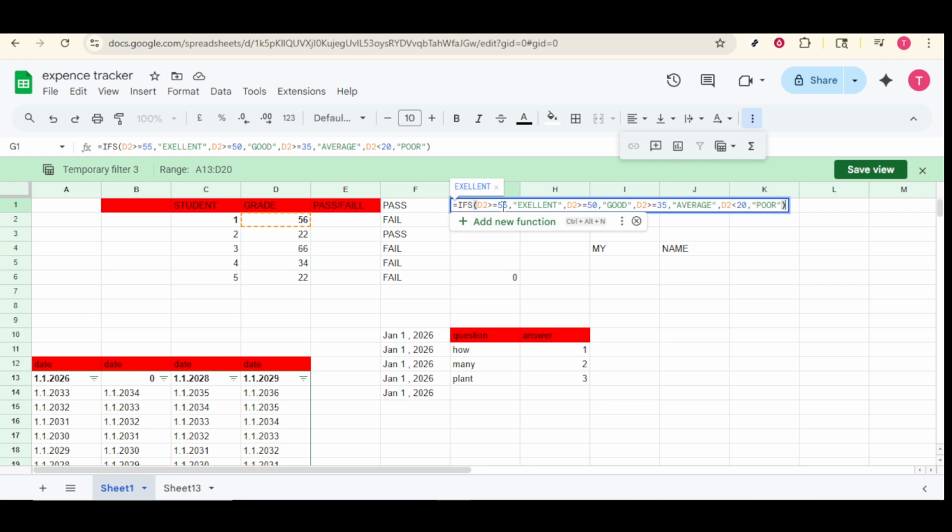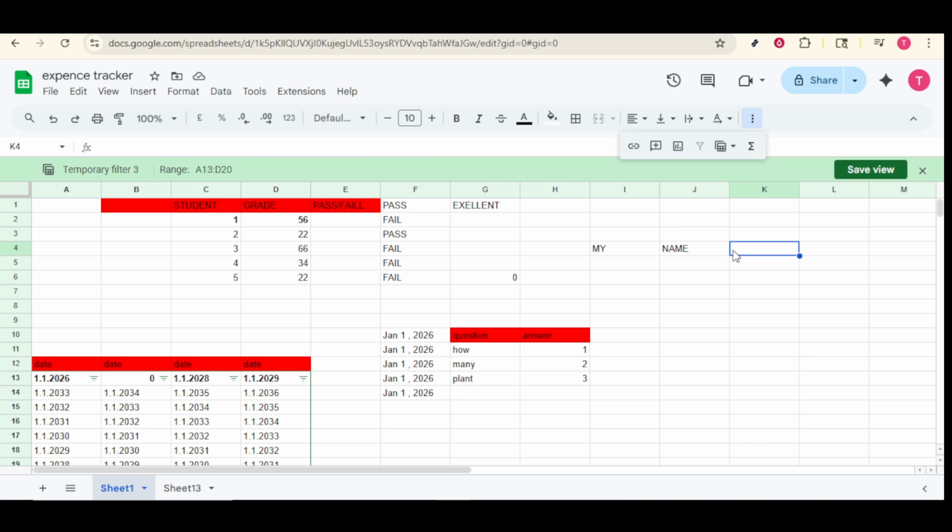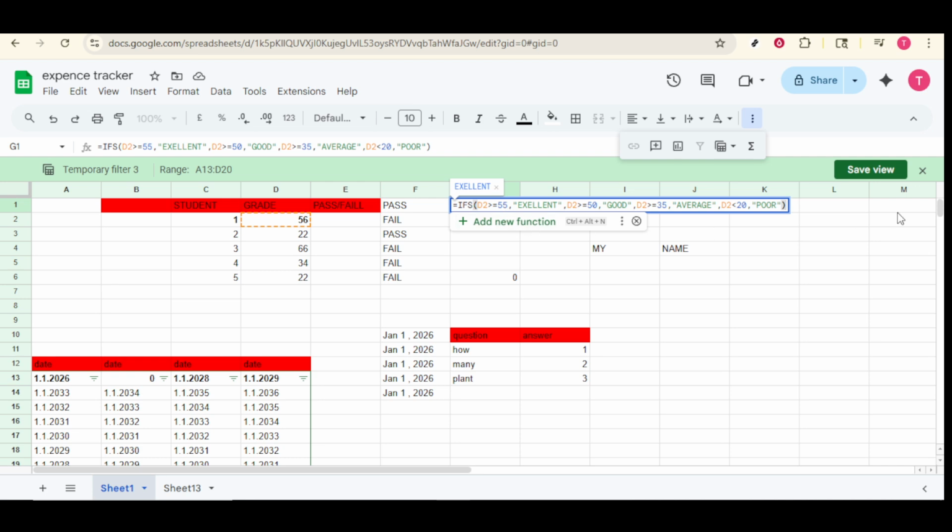Next, let's explore the IFS function. This is a more advanced variant of the IF function, perfect for testing multiple conditions with more than two possible outcomes. The IFS function is a fantastic way to save time and present your data neatly, particularly when dealing with complex data sets. To begin using the IFS function, click on the desired cell for your formula, and type